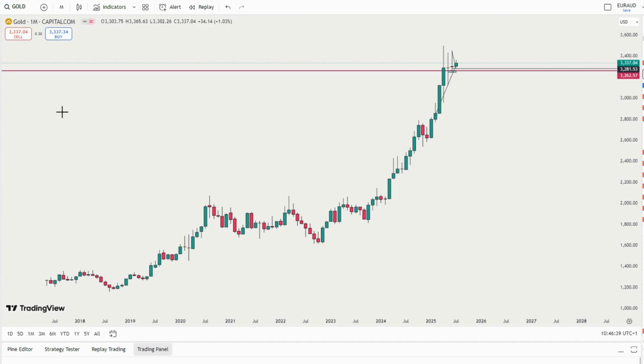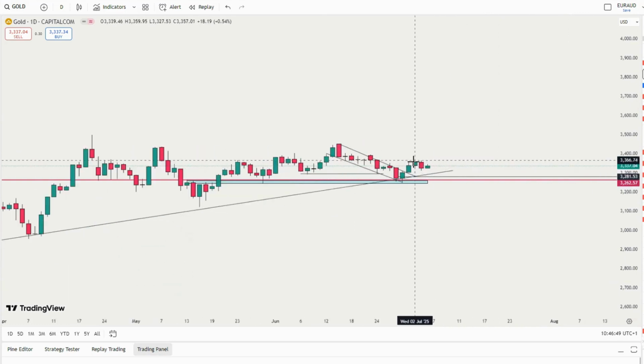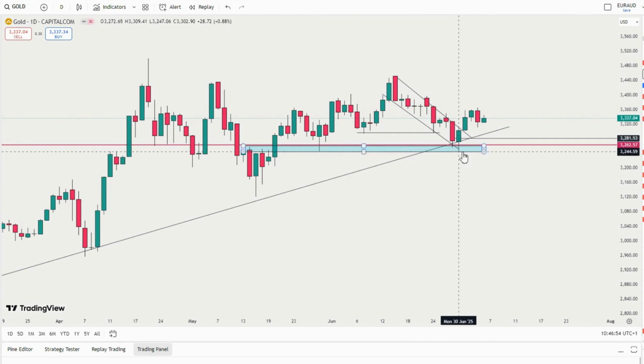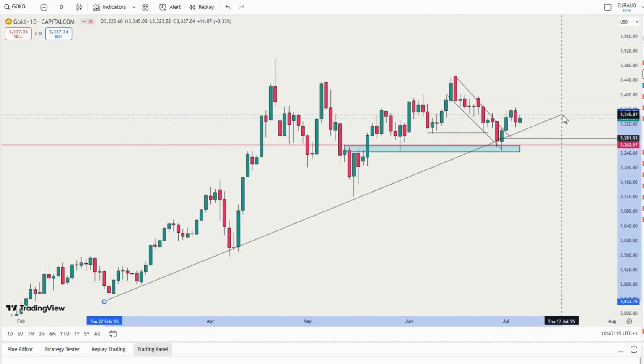First, gold is the first one we want to check right here. Using the daily time frame, you can see that gold is still in an uptrend. Last week I told you guys that gold will bounce from this place, and you see that it bounced from that place for like 30 days before it retraced. I traded this and made some profits around this particular area. So now what is going to happen next around this area?